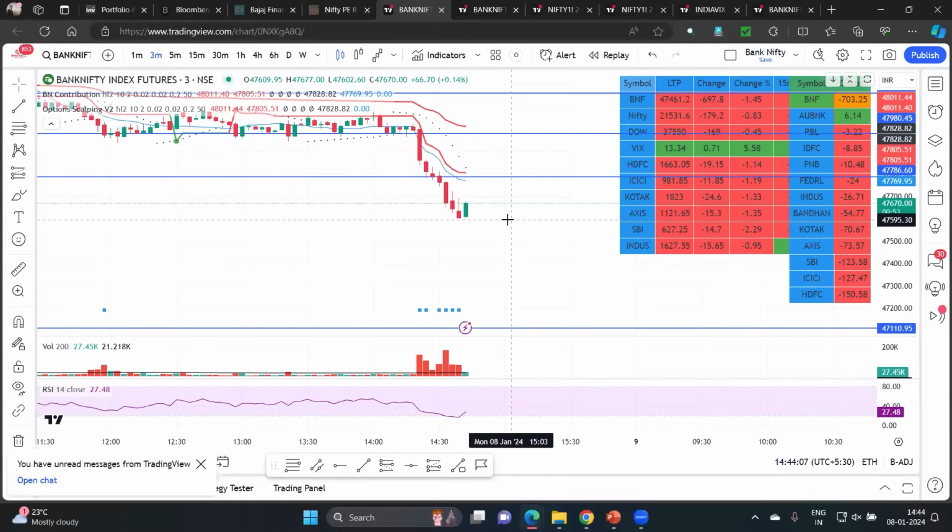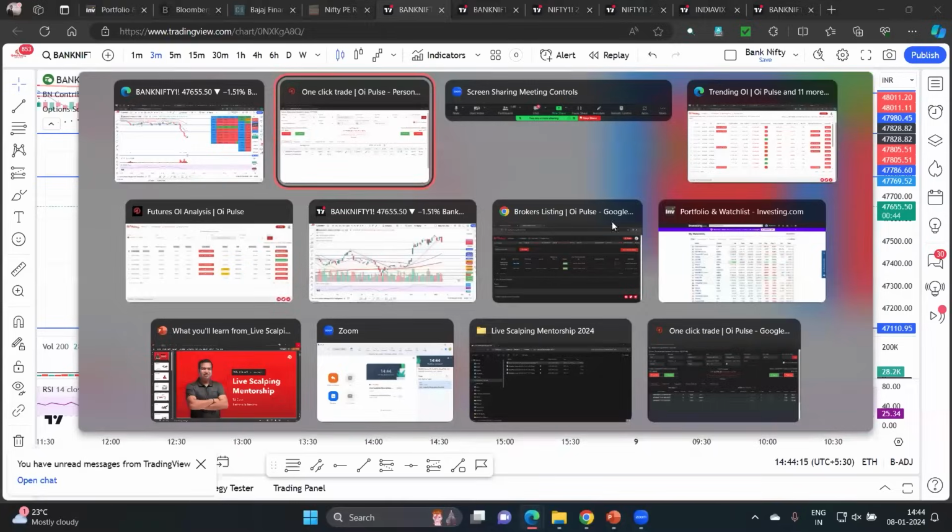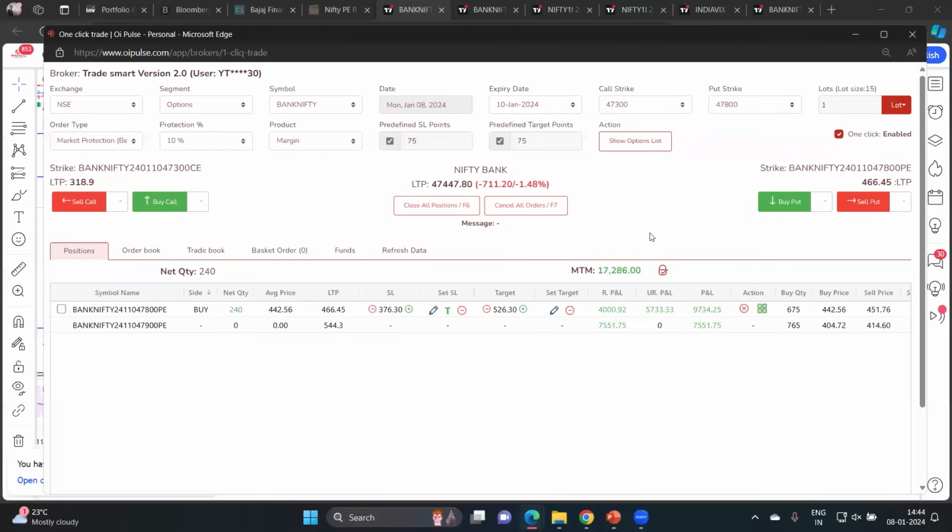But I would be so glad to show you that scalping can be done in this kind of market as well. Because not many times will you get to see this kind of market wherein you're getting a trending day. Very rarely you'll see a trending day. Apart from that, every now and then you will see the market just playing in sideways territory and not giving you much